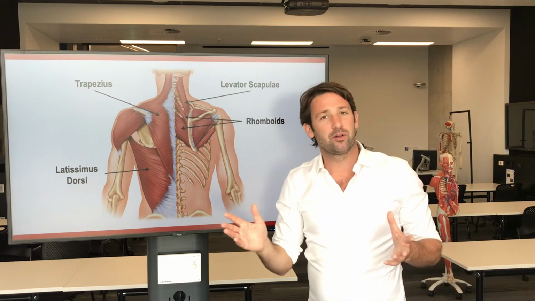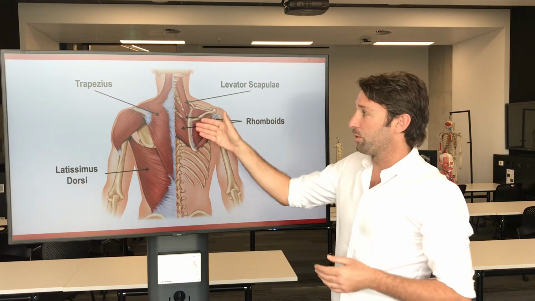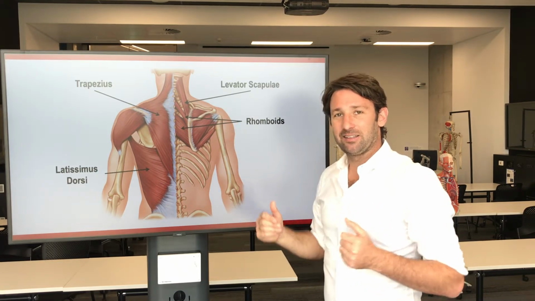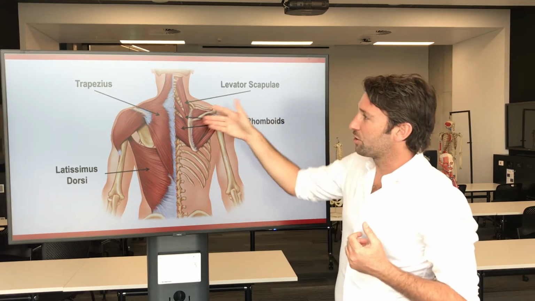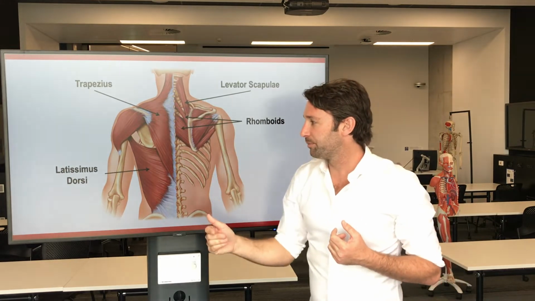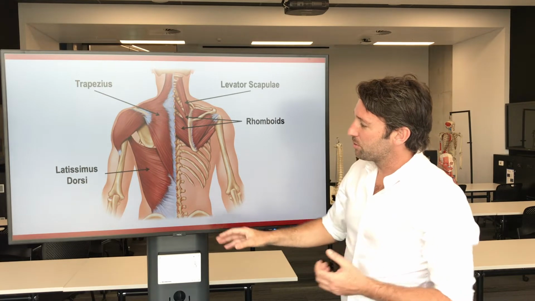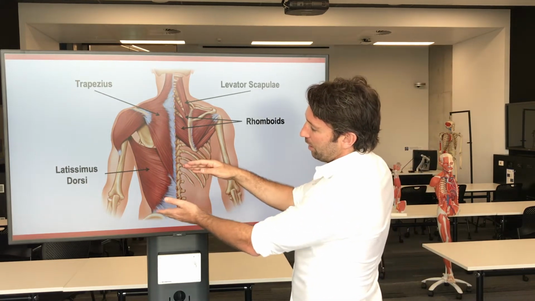For the purpose of what we're doing, we'll just group them together and say they're the rhomboid muscle group. So rhomboids will draw our scapulas together and retract our shoulders, much like the middle portion of the trapezius. If we come down here to the latissimus dorsi, we would see latissimus dorsi coming up from the lumbar and